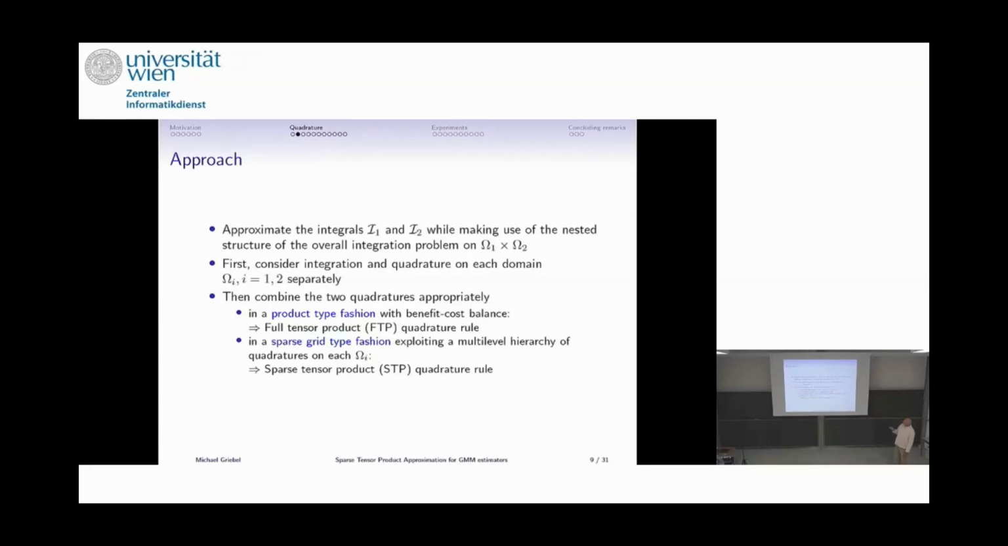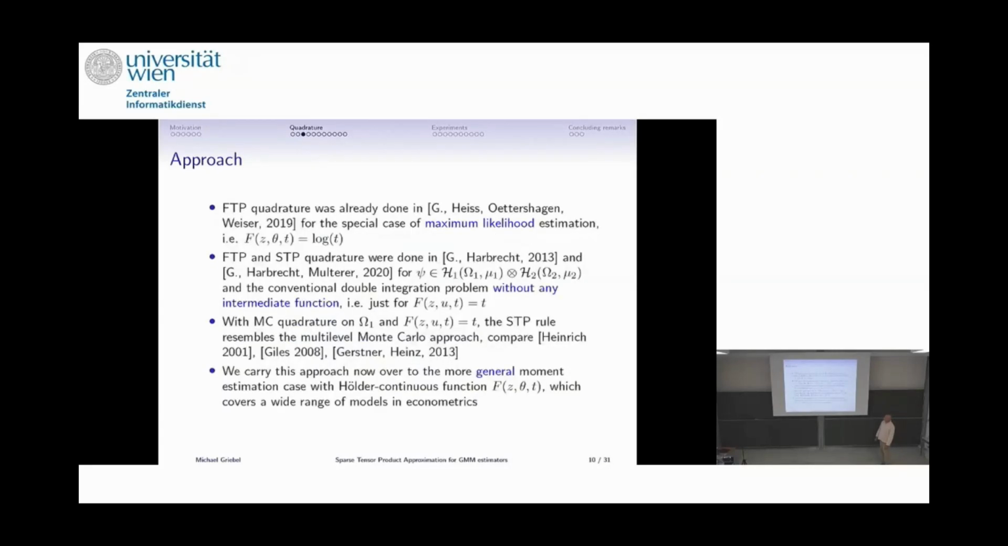First, we consider the integration and quadrature on each problem separately, and then we plug them together either in a product rule. This is a product type fashion, full tensor product quadrature rule. Or we do it in a sparse grid type fashion, exploiting a multi-level hierarchy, which we have to construct. And this is a sparse tensor product quadrature rule, and we compare the two. Okay. Now, the full tensor product quadrature was done already